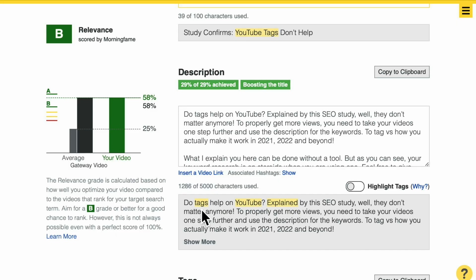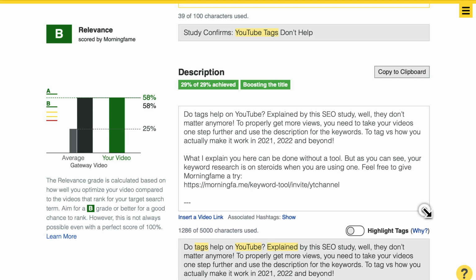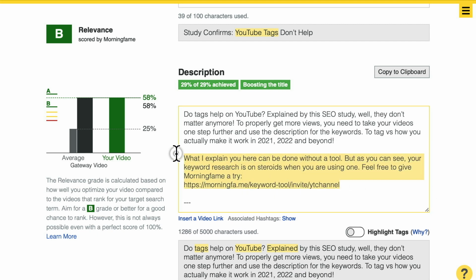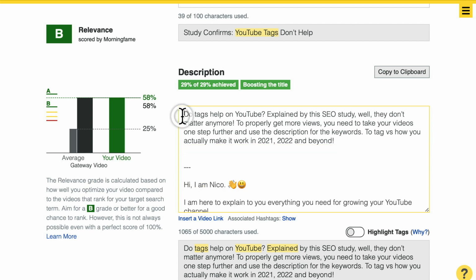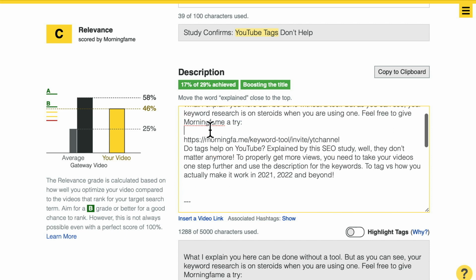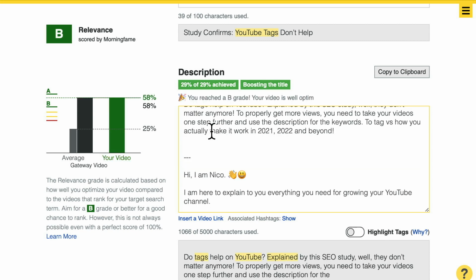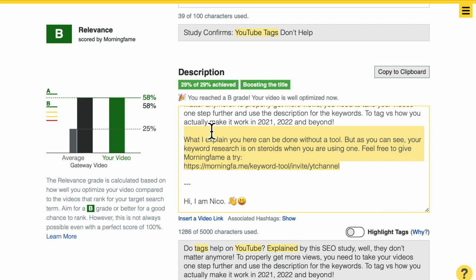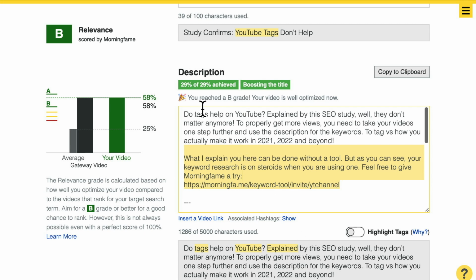And as you see here, I put them all in the very beginning, the first line of the description. If you put them further down, so let's just, for example, put this paragraph at the top. As you can see now, the words are further down and the description goes down to 17% only. So if we reverse it again and the words go to the top, now this is the old description, we are again at a maximum boost of 29%.